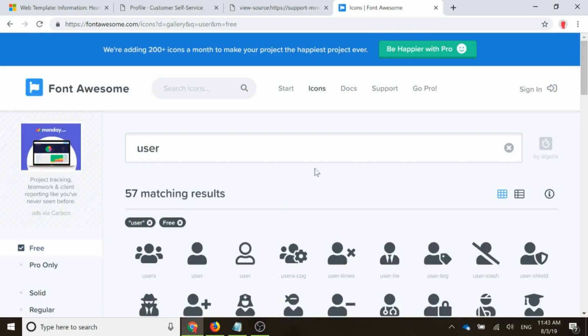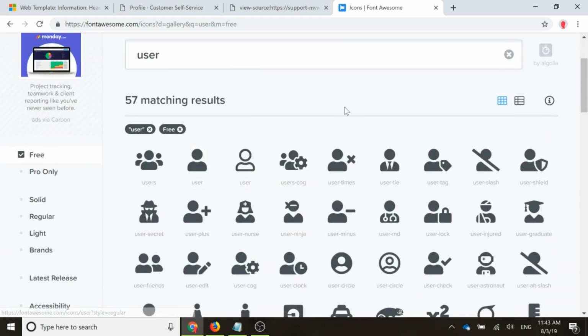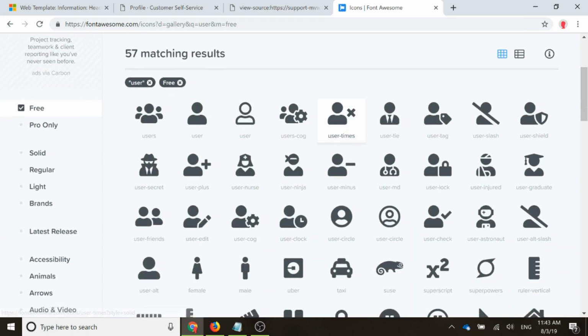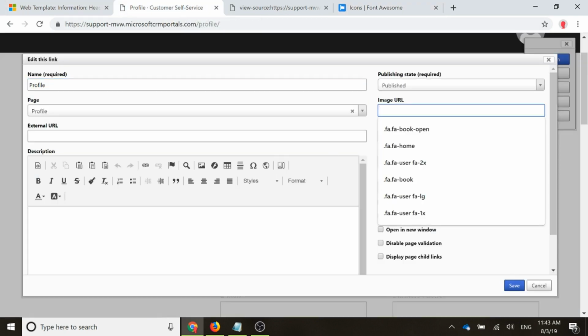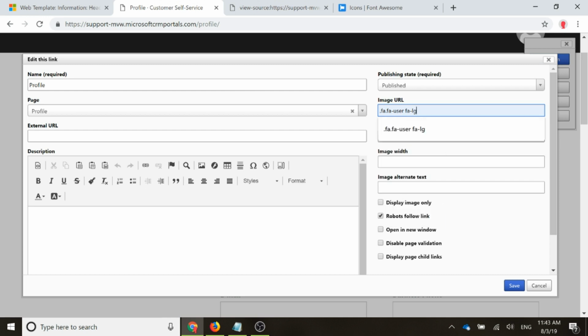So let's filter by the free. Yep, so there we go. I've got a user. So that's the one that I'm going to use. And then for the profile image, I'm going to use this user circle Font Awesome icon. So if I go back to the profile, I've already got one. So we've got